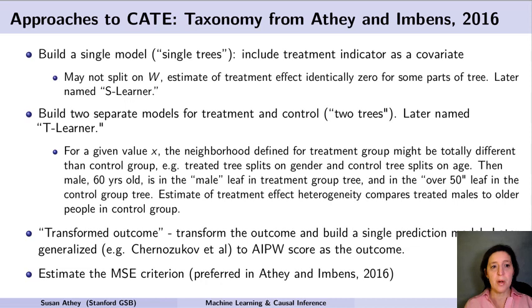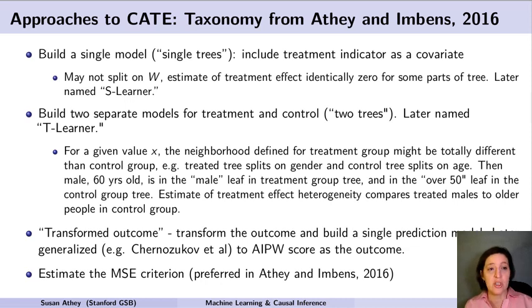So in the face of this problem of trying to understand how I should adapt regression and classification trees to the problem of estimating conditional average treatment effects, in the Athey and Imbens PNAS paper, we have a couple of different approaches, and we talk in that paper about what the advantages and disadvantages of those approaches might be.